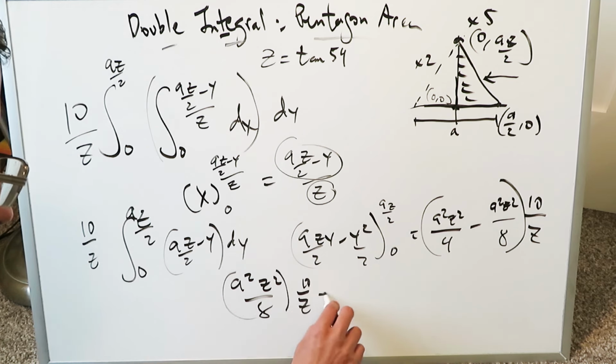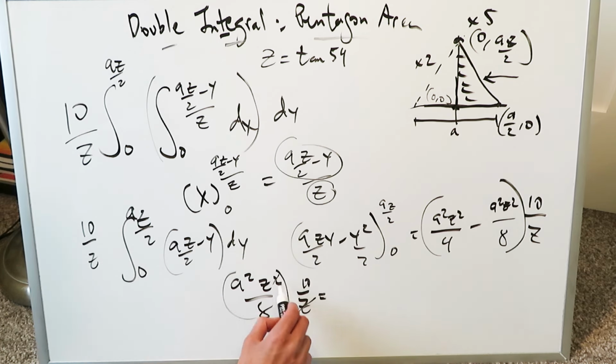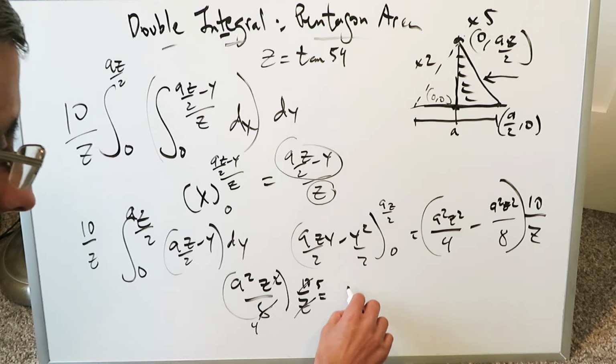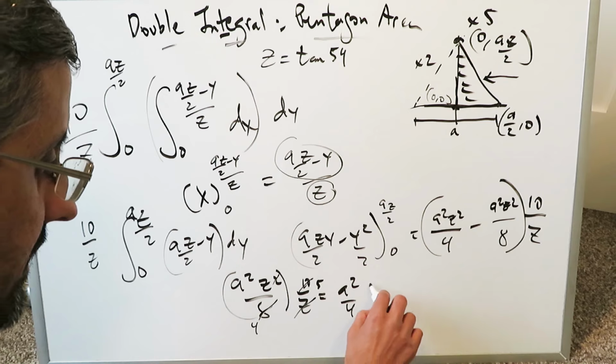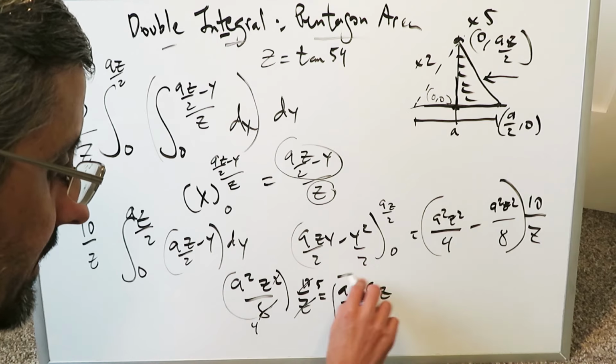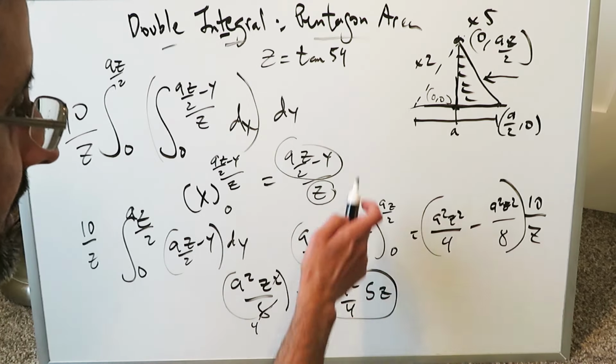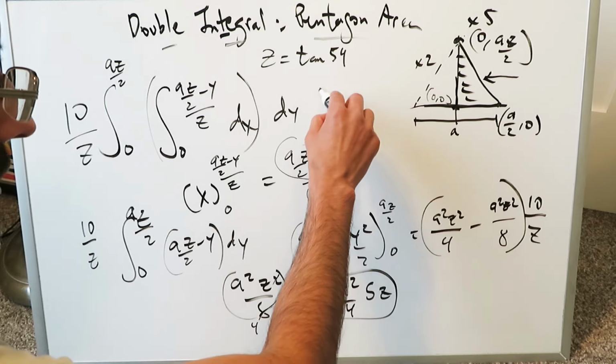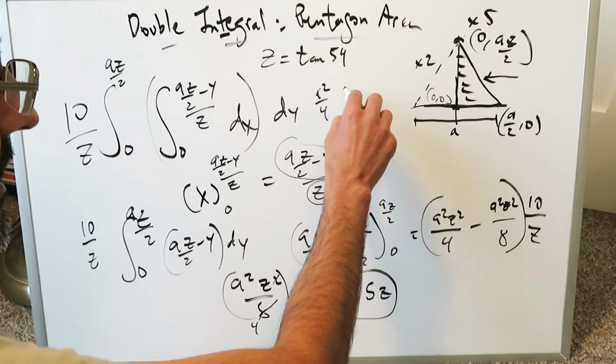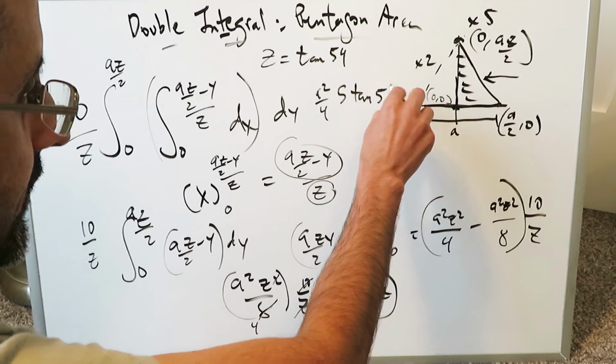times 10 over z. Simplify everything. This z will cancel out with this exponent. 2 goes in 8 4 times. 2 goes in 10 5 times. What remains? You have here a squared over 4 times 5z. That's what I have: a squared over 4 times 5z. Let's resubstitute the z. Our formula will be a squared over 4 times 5 tan 54,